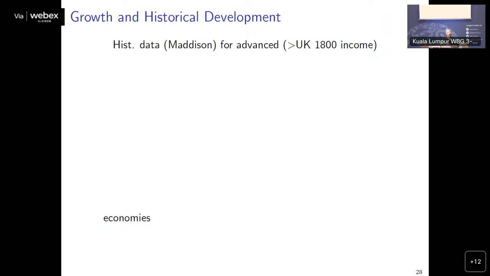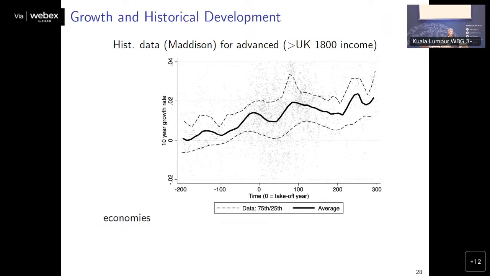First thing I'm going to do, as I mentioned, is go back to 1700. The model doesn't look too great. I want to look at historical data that Maddison produced. I want to look at all the countries that were early developers, early industrializers: any country that reached the UK's value of income in the year 1800 by the year 1900. Take those sets of countries and plot them out for you.